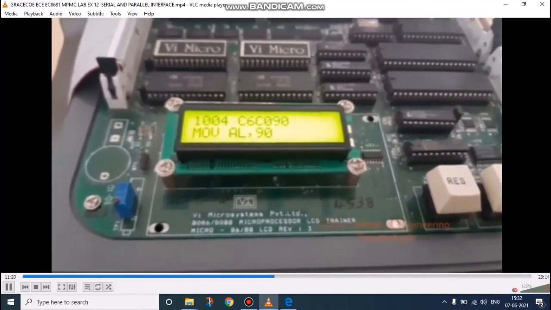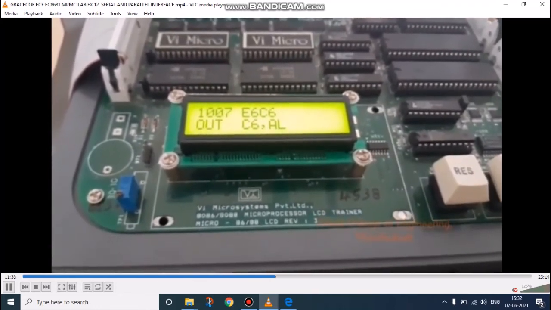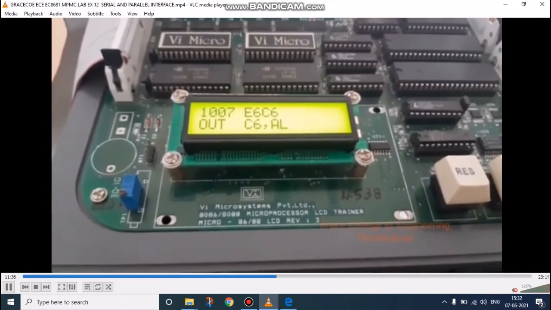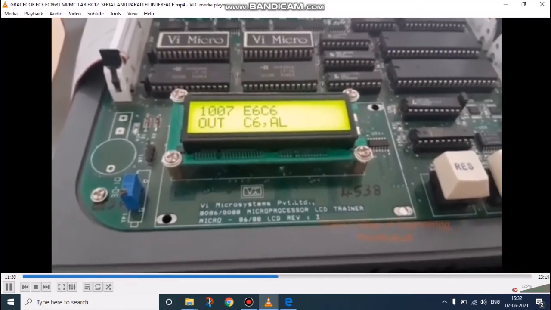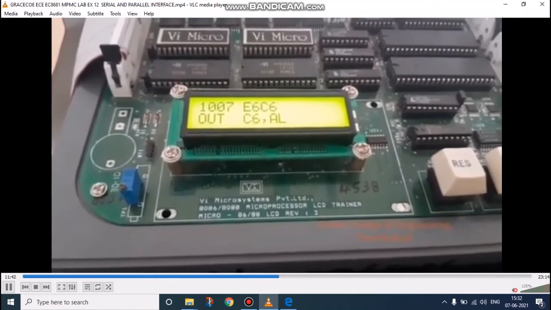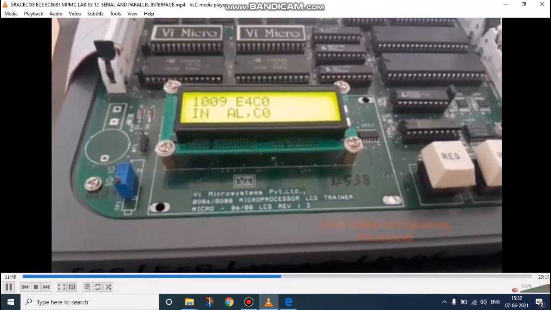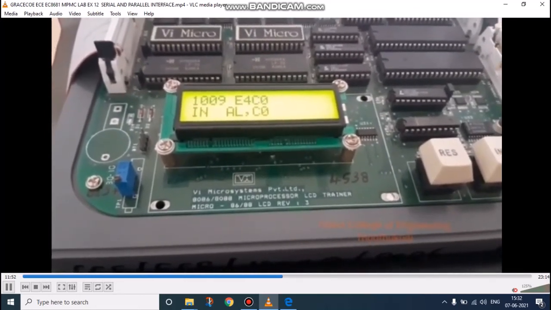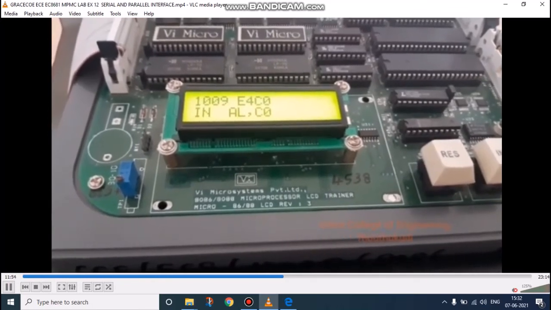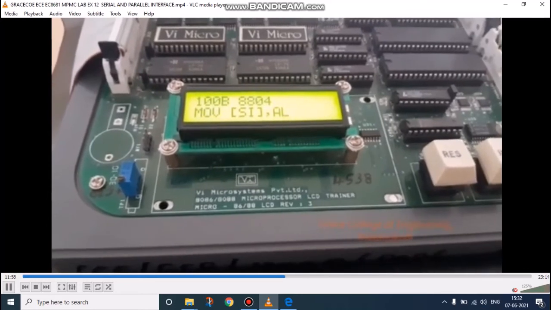See, I am typing move AL comma 90. Okay, and these are all the control word I have set. And I am initializing the input and output port. Next we have to move this AL to source index.